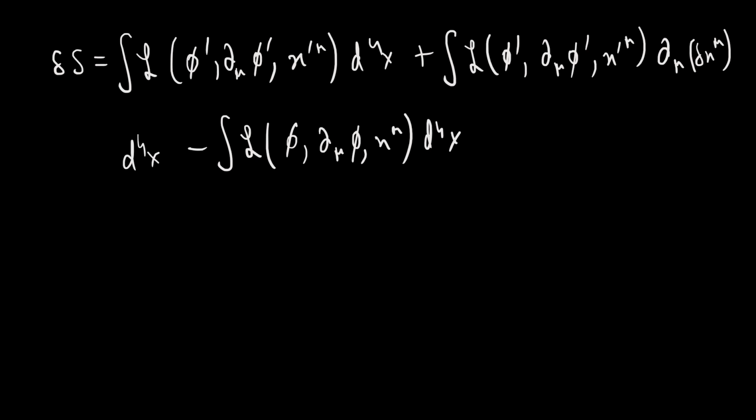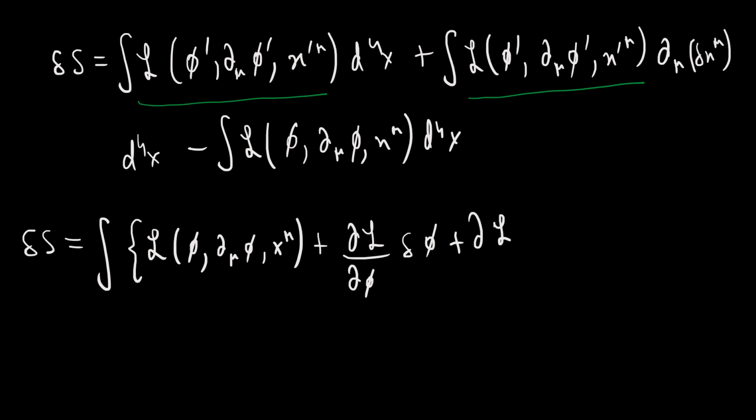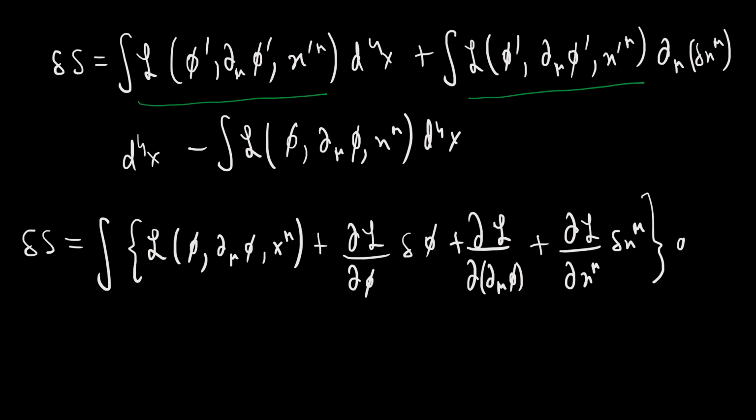Now Taylor expanding this first and second term, we get delta S equal to the integration of the Lagrangian density of phi, del mu phi, x mu, plus del L by del phi delta phi, plus del L by del del mu phi delta of del mu phi, plus del L by del x mu delta x mu, d4x, plus the integral